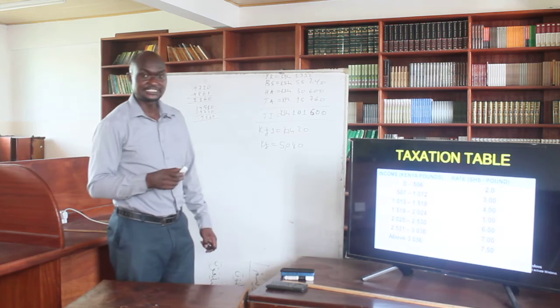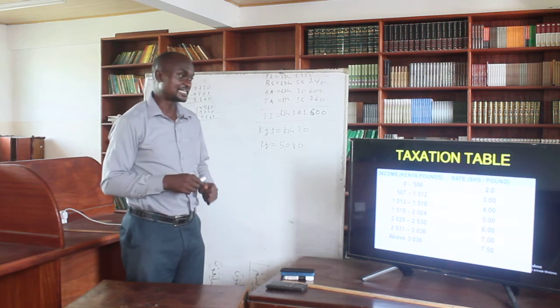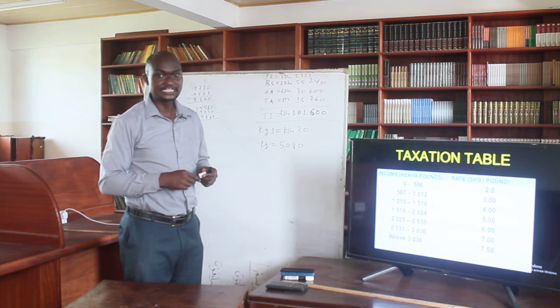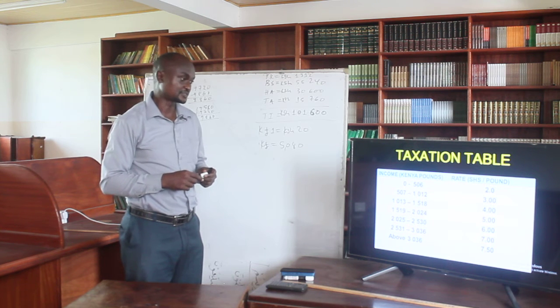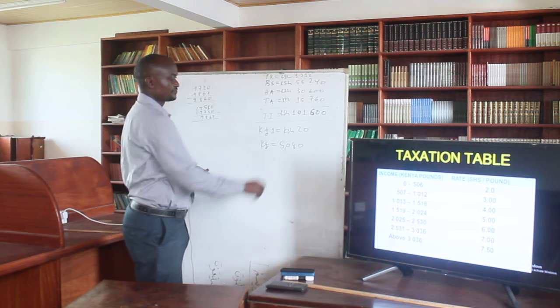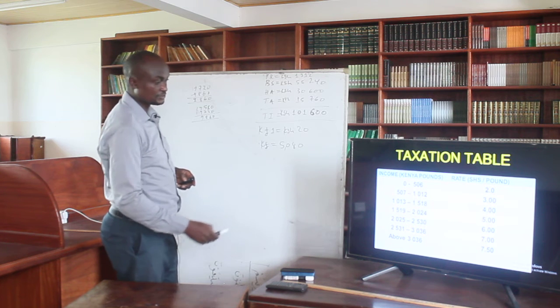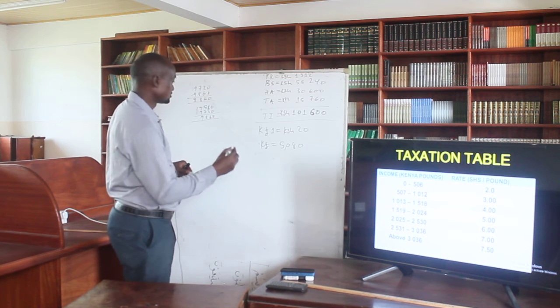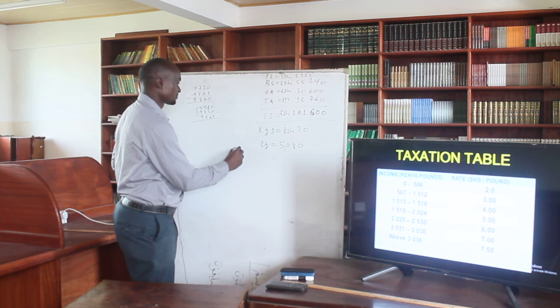So let's look at our table. We need this table to answer this question. And in this case, the rate is not in percentage, but it is in shillings per pound. So given that we know how much she's supposed to be earning for the month, it means that we'll go to the last bracket. 1, 2, 3, 4, 5, 6, 7. We'll go to the 7th bracket. So in the first bracket,